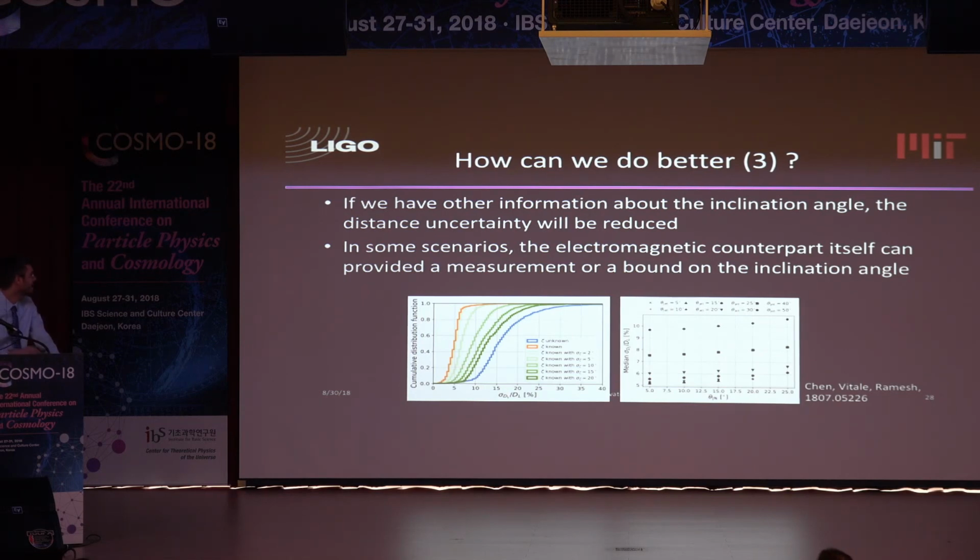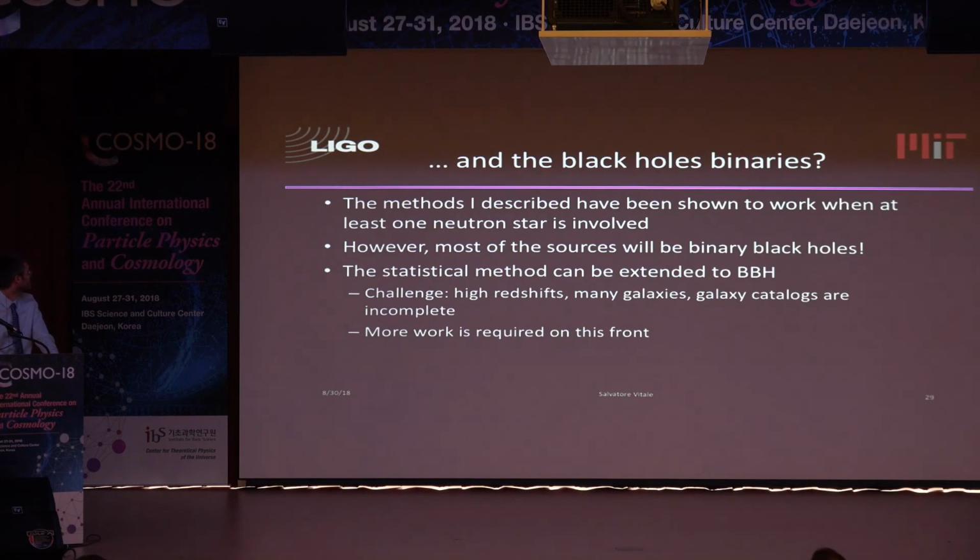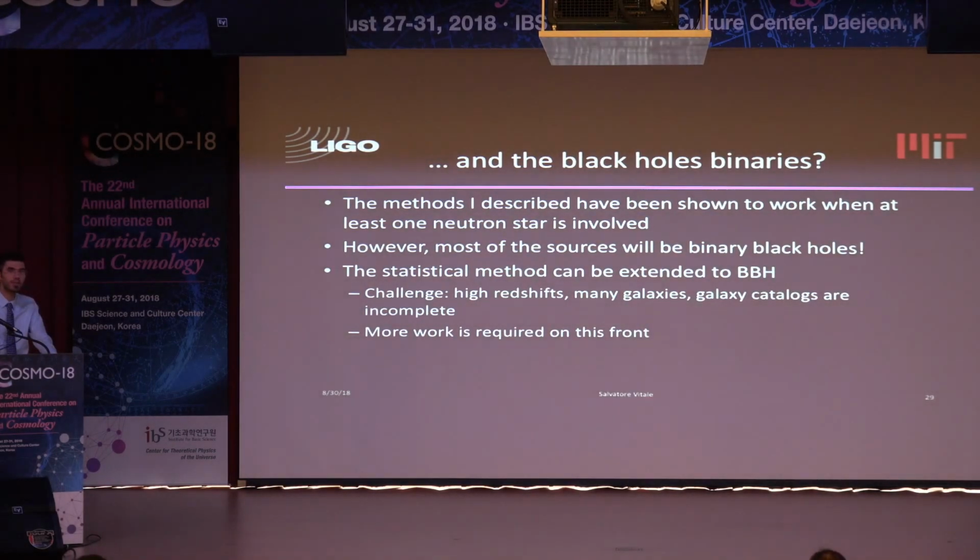Okay. Again, same message. If your GRB is very beamed and you can measure that angle, you can fold that as a prior in the gravitational wave analysis, and your distance uncertainty can get a factor of 2-ish better. All right. All of this was true and relevant for systems for which there is at least one